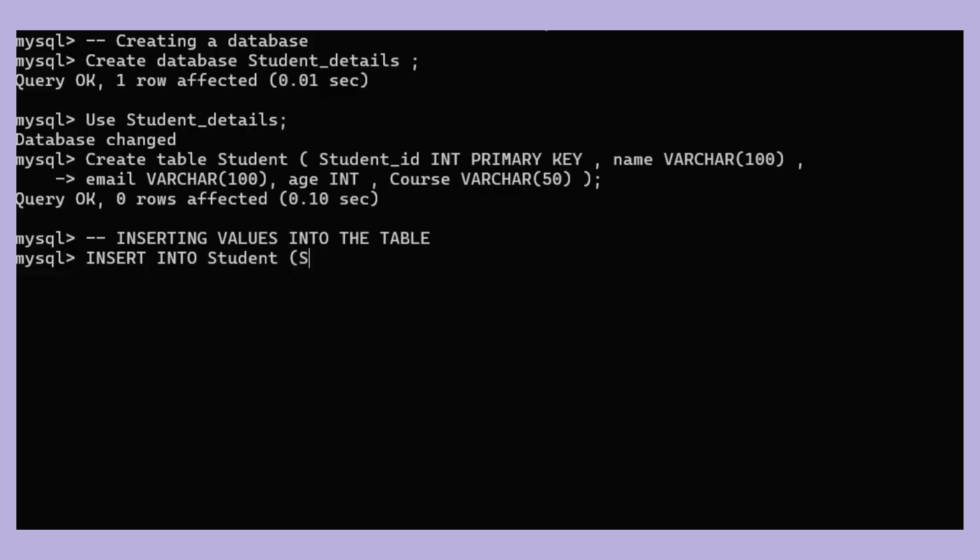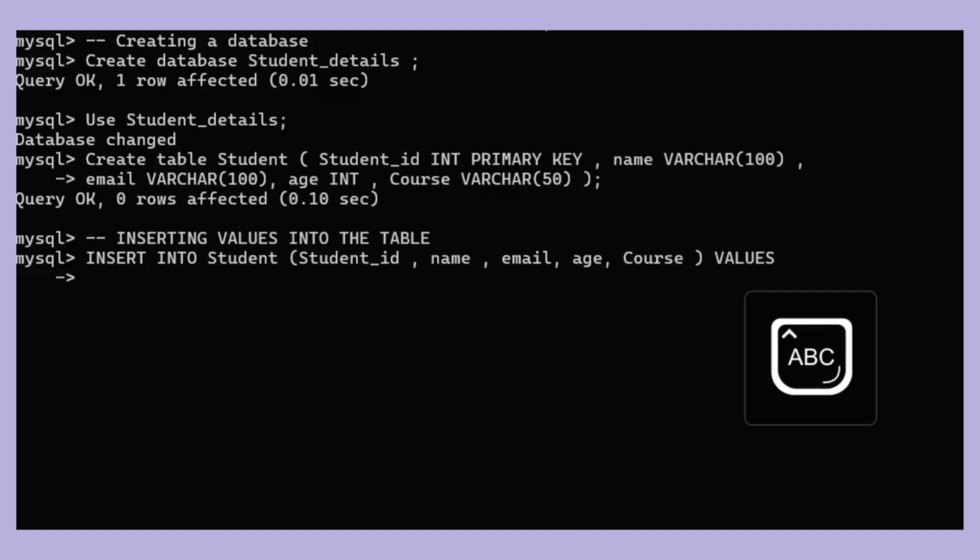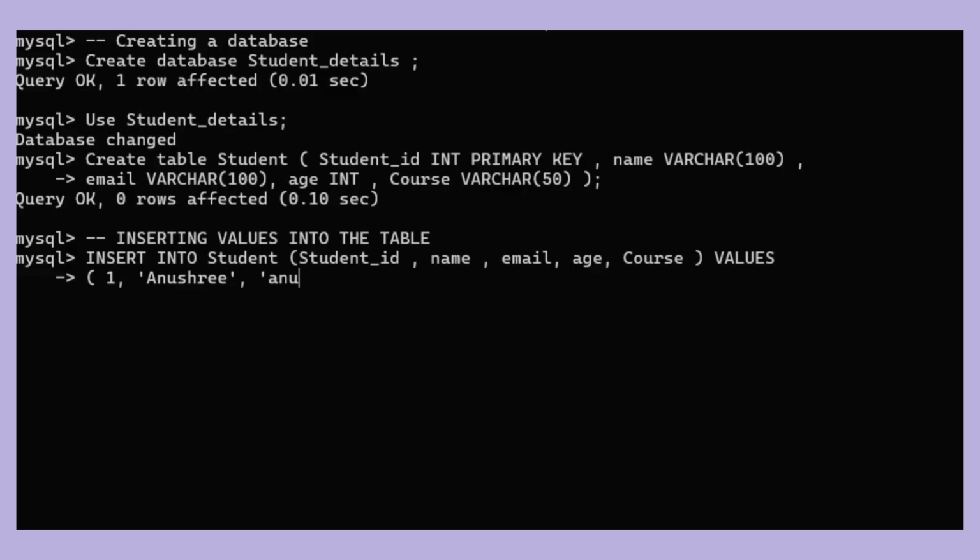Next, we will insert the values inside the database. For inserting the values, we will write a query like insert into student. Then we have to put the values, student ID, comma name, email, age, course, all the things. Then values and inserting values as 1, then name.